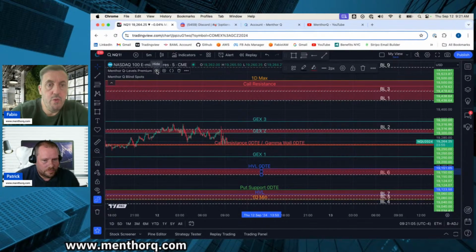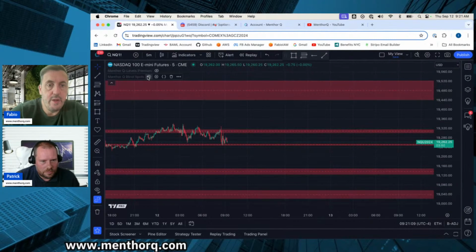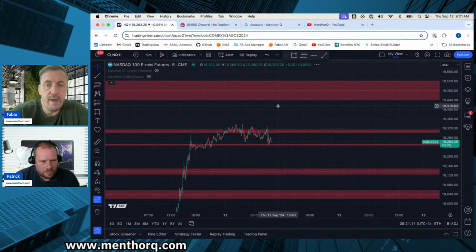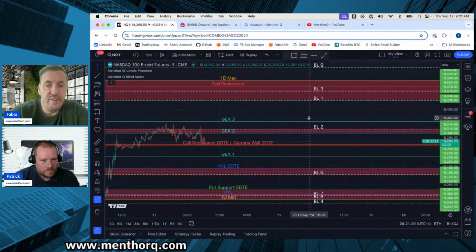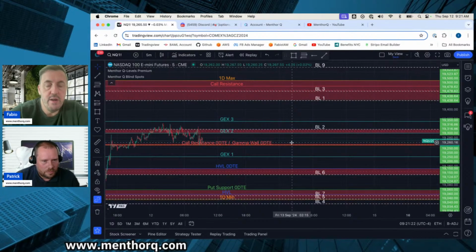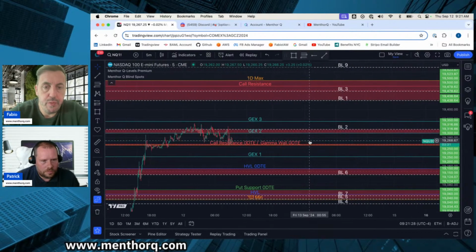Yeah, and then if you take away the indicator, you now have a nice clear chart like Patrick always does. So this can be your kind of roadmap levels for the day, and then we can always add them back here and see what levels they are, when they are reached, and what happens when the market touches those levels. So those reaction zones.